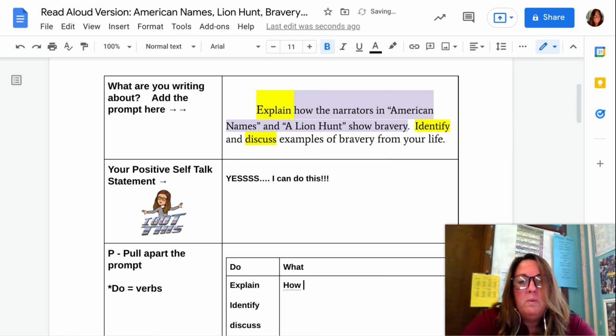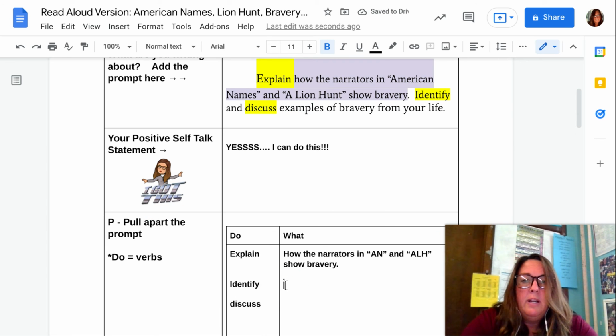Explain how the narrators in, I'm just going to abbreviate, American Names and a Lion Hunt show bravery. Create a little more space down here. Identify what? Examples of bravery from my life.